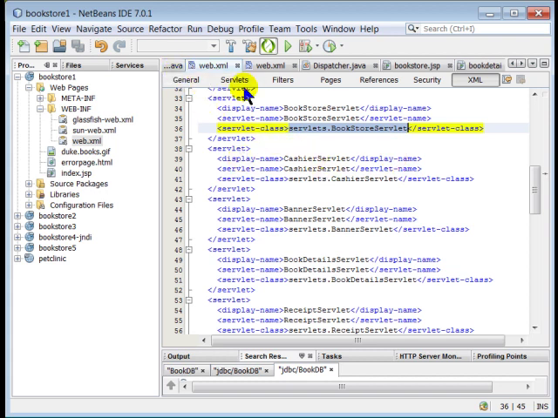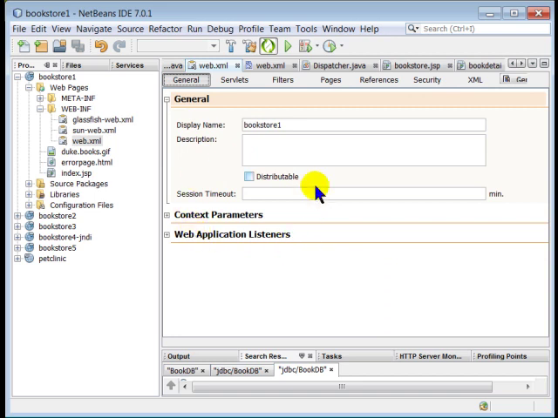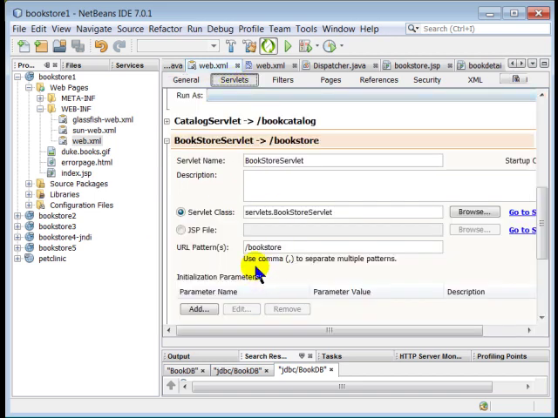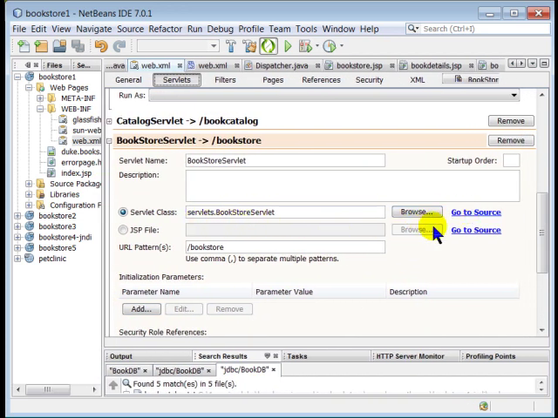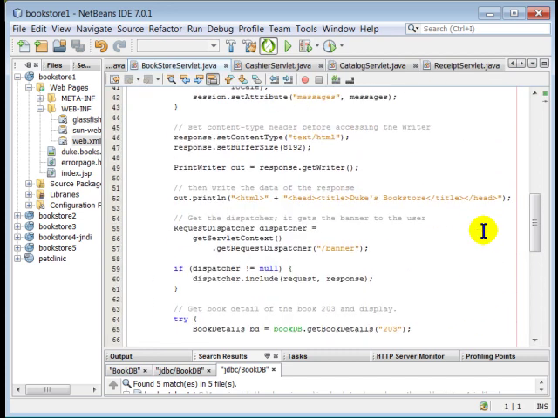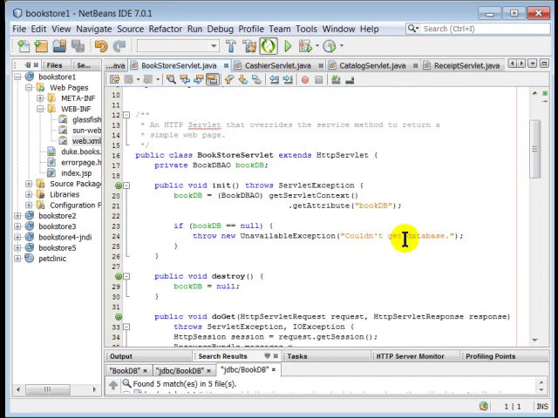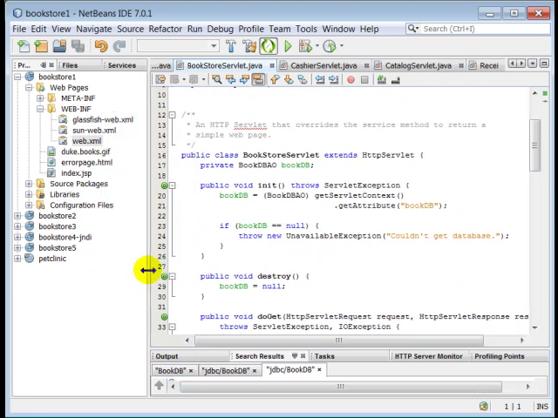We can go to the general tab and see the servlet, and we can click this one to go to the source. Okay, so we are going to bookstore servlet. This is the source code of that servlet. It's basically servlet code, and it's trying to get the bookDB attribute from the context scope object. It should have been set, otherwise it will return some exception. So this is set in the